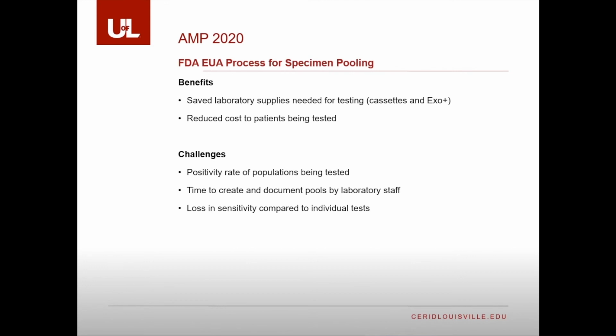We also thought it would reduce the cost to patients being tested. Since 4 patients were tested at one time in our pooling scheme, then we could charge each patient less or their facility less. Some of the challenges we found as we started the pooling validation was over different periods of time, we were seeing well over 10% positivity rate, which is really not suitable for pooling. You need to have less than 5% positivity in your